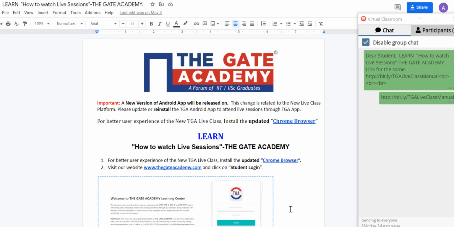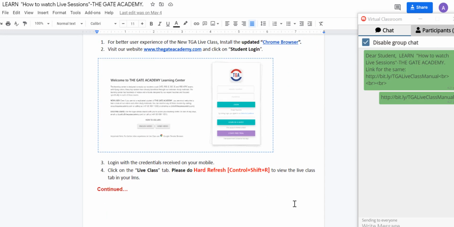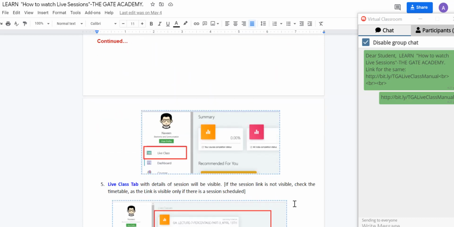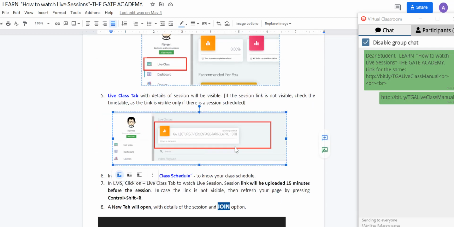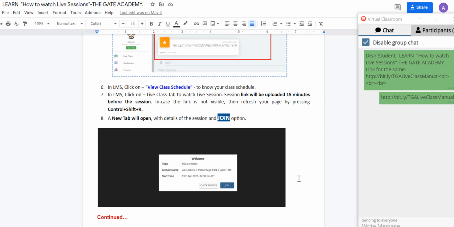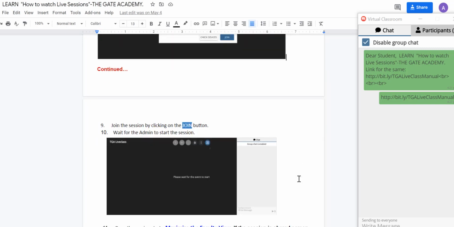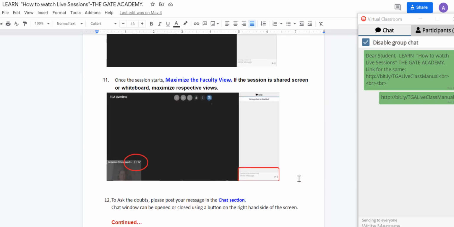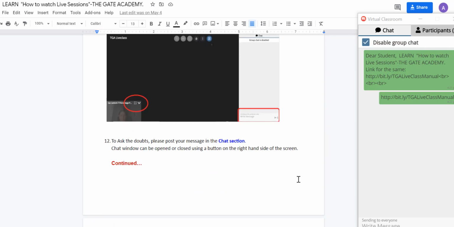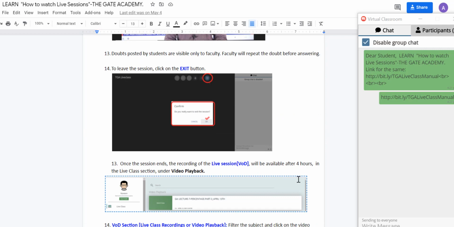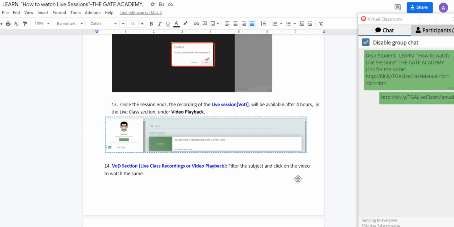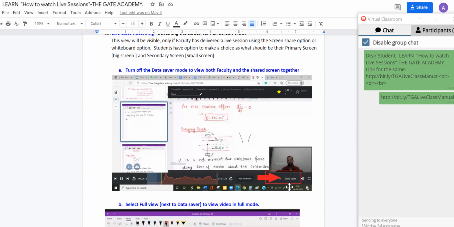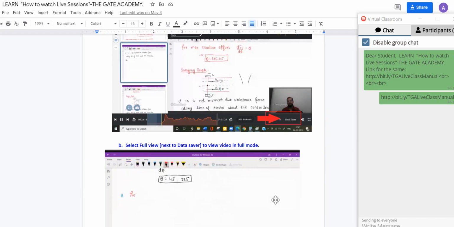So you can see here, this is the document for the live class manual. Here the students will get step by step guidance on how to log into their session with image references wherever possible, how they can join the session and make use of the session, how to see the live recording, and where the notes will be available.